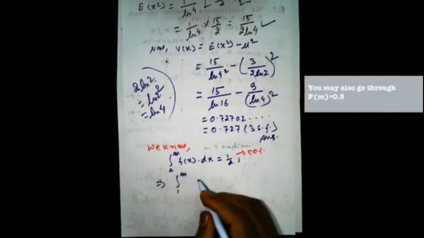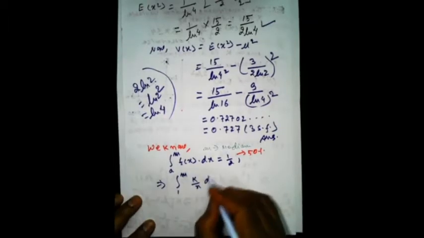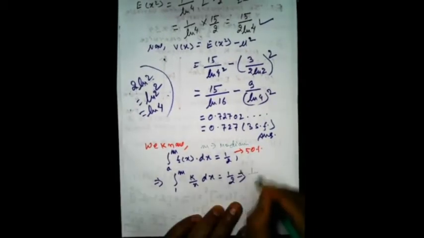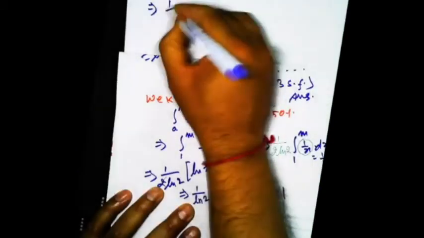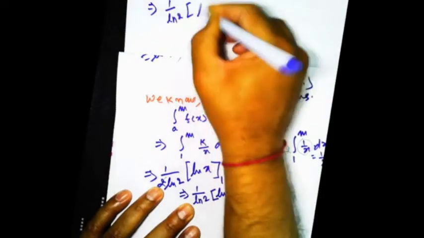So in this case, if you go further from this step, the lower limit is 1, the upper limit we have to find, this is the median, and your fx is k by x dx equals 1 by 2, and your value of k is 1 by 2 ln 2, and we'll take it out because it's constant. Then this step is going to be 1 by ln of 2, it is ln of m minus ln 1, which is 0, equals 1 is left out here, so you know that ln of